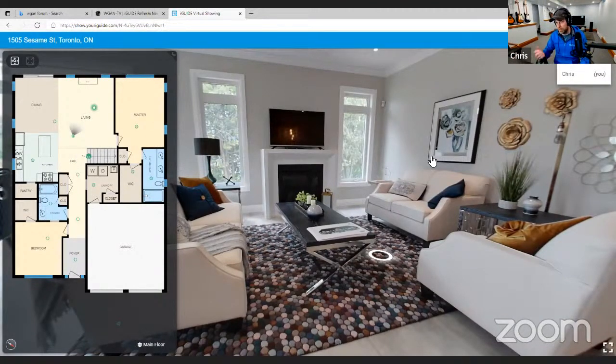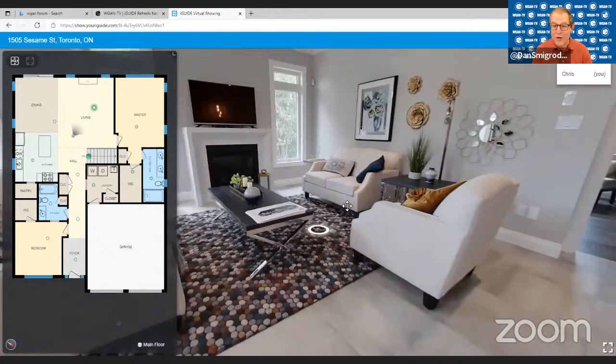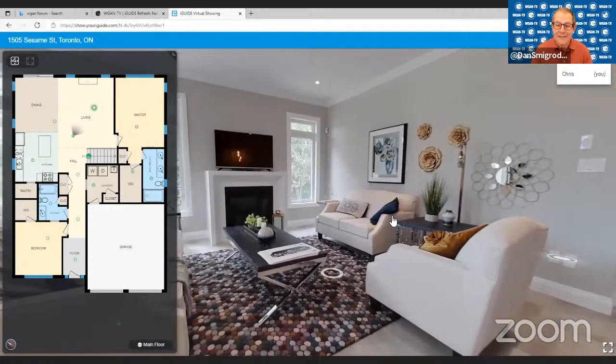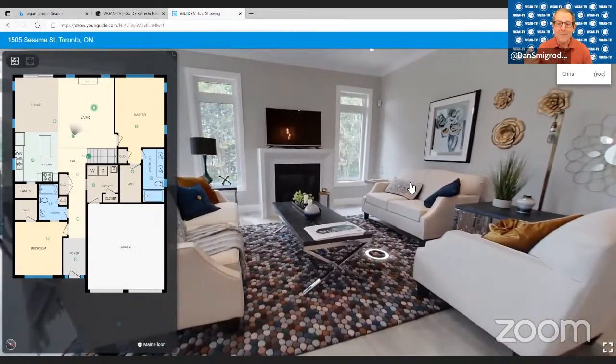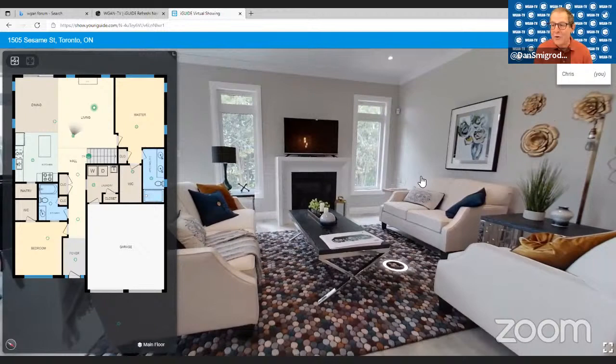So if you MIA'd on that, they'd still be able to log in. As a real estate agent, I could promote, here is an example of an iGuide tour. You can self-guide the tour, but 2 p.m. on Sunday, I'm doing a virtual open house and I will be walking through this house, giving a guided tour.